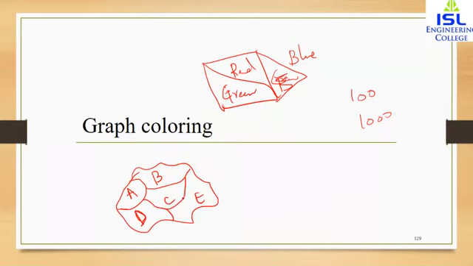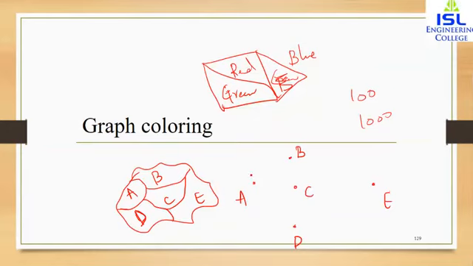Basically, each map in the plane can be represented by a graph. To set up the correspondence between a map and a graph, each region of the map is represented by a vertex. So for each region we have to take a vertex. So I'll take 5 vertices: A, B, C, D and E. Now, edges connect two vertices if the regions represented by those vertices have a common border.